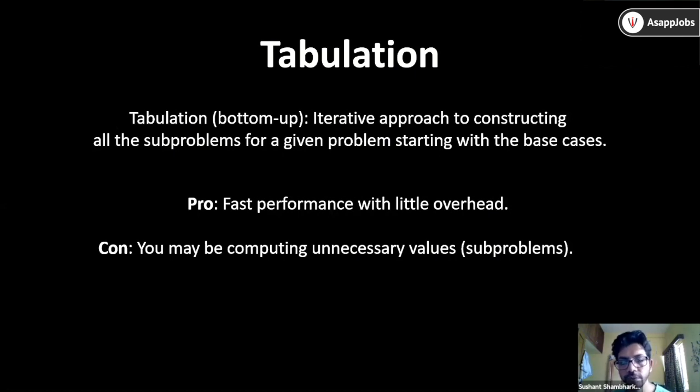Once you fill that whole table, you can output the result based on the input. In memoization also, you use an array, but you don't have to fill that array completely. It depends on the input. The input will come, then you perform some recursive calculation and fill the array, and it gets filled again and again depending on the input.